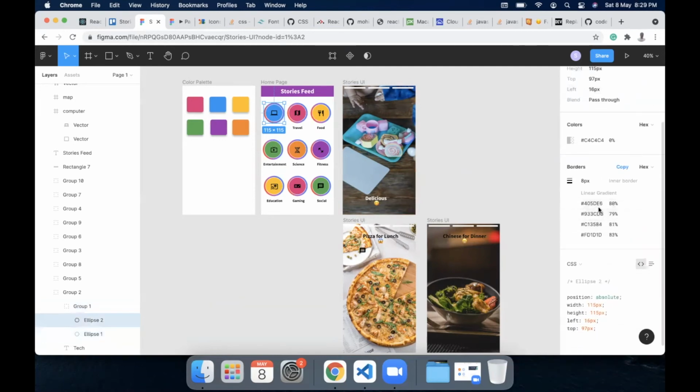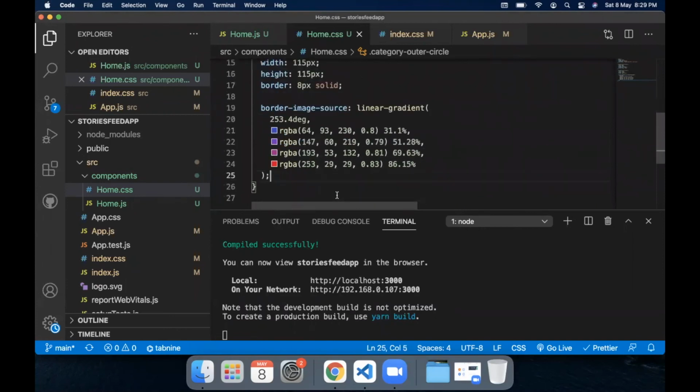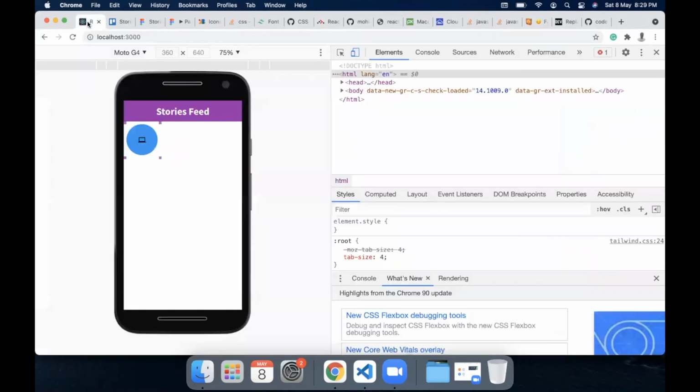So this is the code that we need. Let's just copy this code from the borders section, come back to our category outer circle and paste it here. So this is the linear gradient which we are using for the code, and if we come back to our code, as you can see, the border is not displayed correctly.